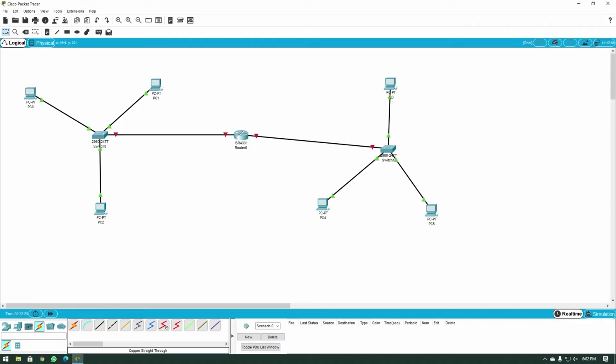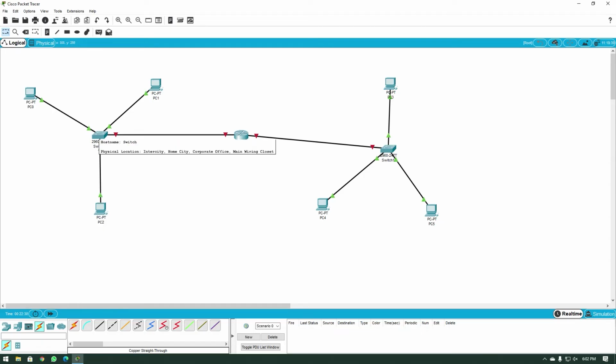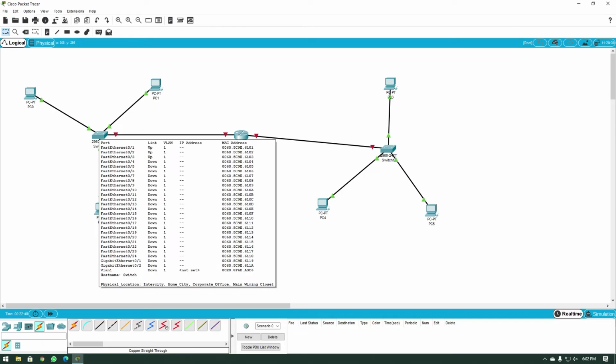You have to keep in mind that just configuring the IP addresses of the different ports of the router is not going to enable those ports. As you can see, these are still marked with the red triangle right here. If you just hover over the switch over here, you can see that Fast Ethernet 0/4 is down. The only 3 ups over here are for the 3 computers that are connected to the switch. Fast Ethernet 0/4 is connected to the router, but that port is down.